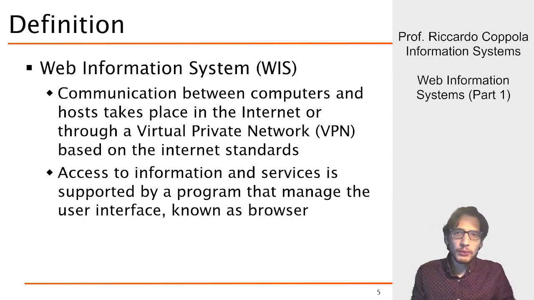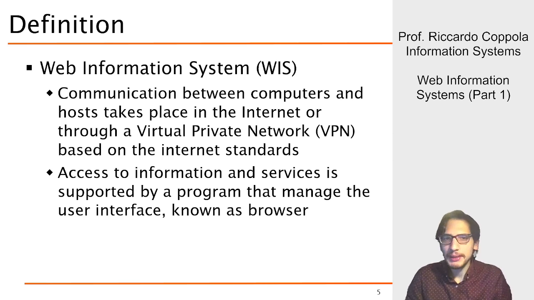Basically, a web information system is an information system where you have a communication among several devices that are connected on the internet network, or as an alternative to devices connected to the real internet, you also have the possibility of devices connected through what is called a VPN. You may have some experience about the utilization of VPNs for various purposes, but in general any VPN, especially in corporate VPNs, consists in having